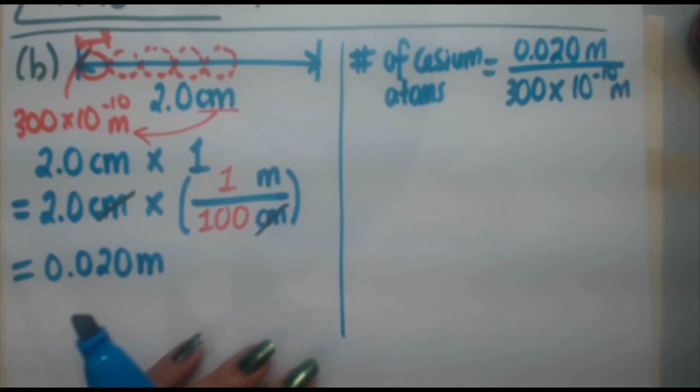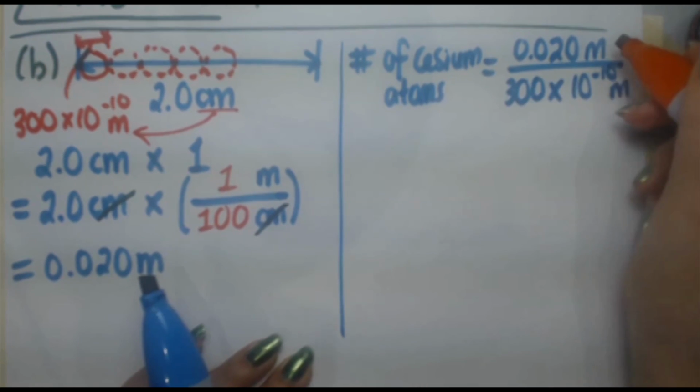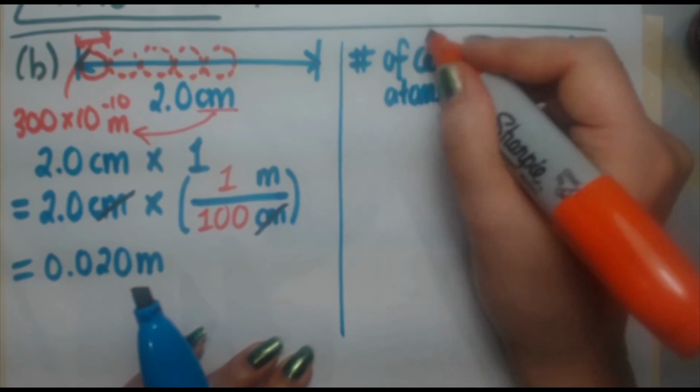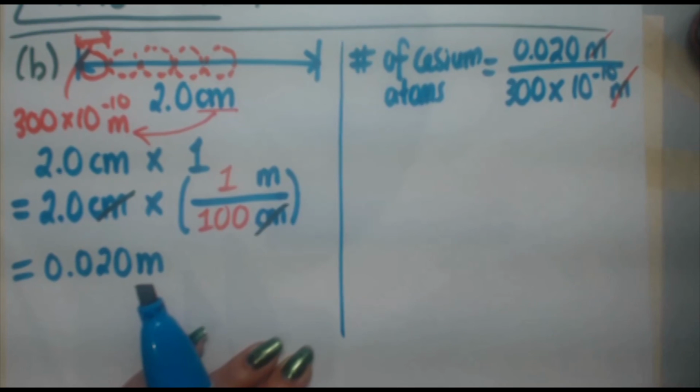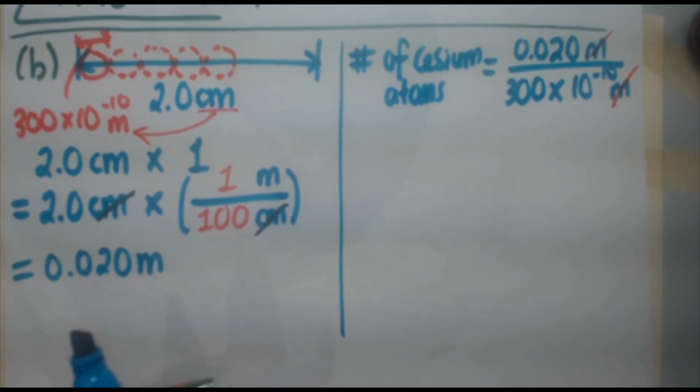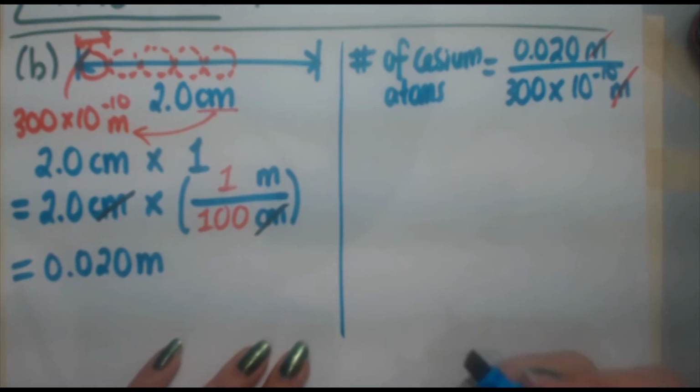You know that you've done this right because you're trying to get a number out, therefore this is a unitless quantity. On the right, your meters cancel out, leaving you unitless, which is exactly what you're trying to get. So if you go ahead and divide those two numbers, you're going to get